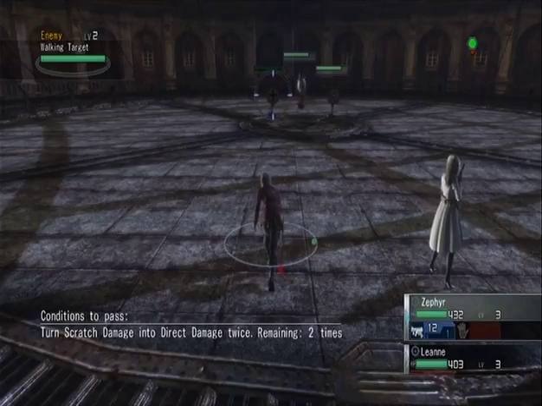Simply put, blue damage is temporary. Red damage is permanent. Blue damage can be healed over time. Red damage is permanent to the enemy's hit points, its life points. So for this exercise, I will whittle down this enemy on the left